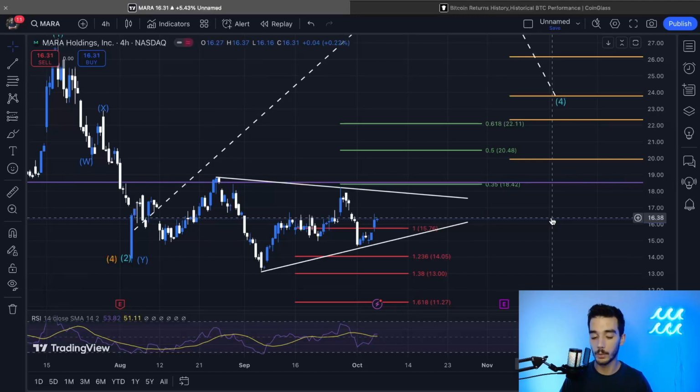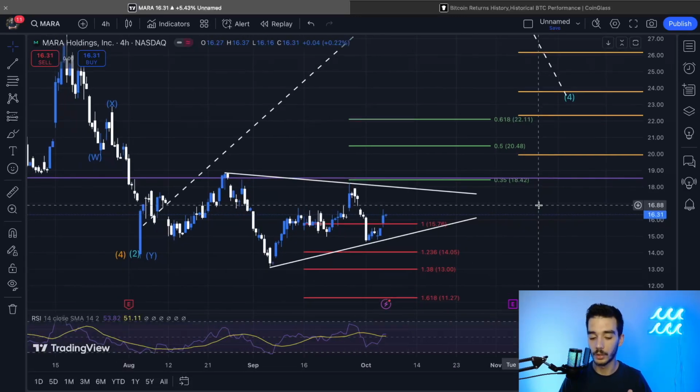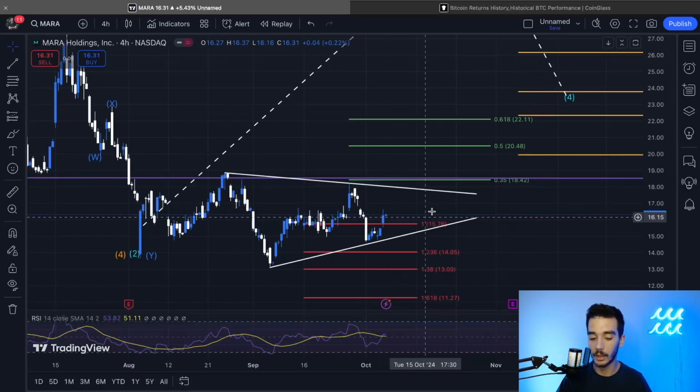I highly recommend you do something else. Focus on a different stock, on a different asset, or look at some cryptos. Focus on Bitcoin, or just go and do something else, whatever hobby you have in your personal life, right? You don't have to glue yourself to this stock. This is a very dangerous,